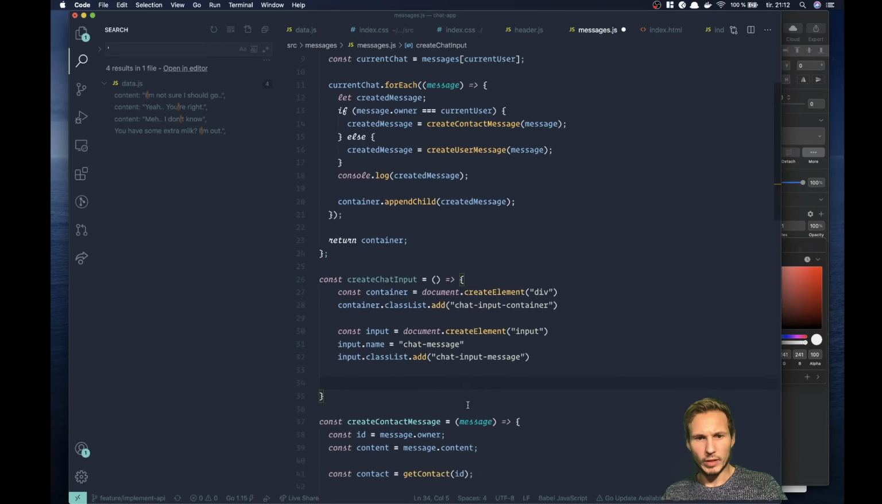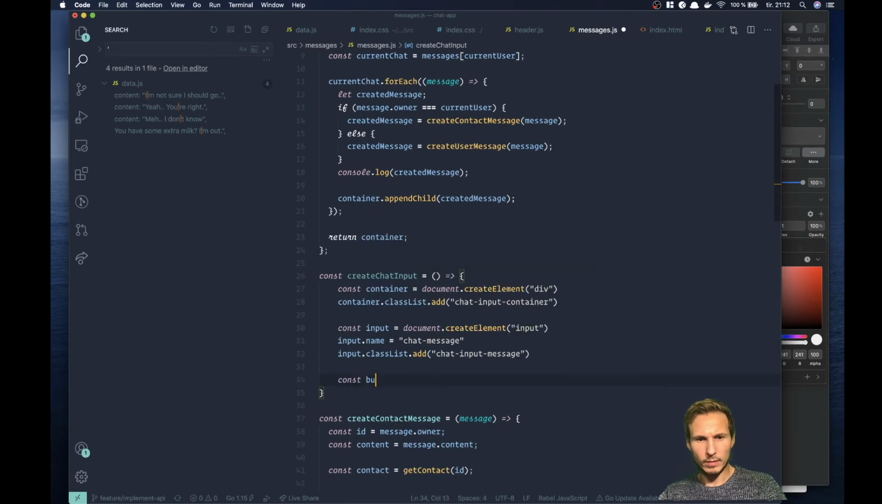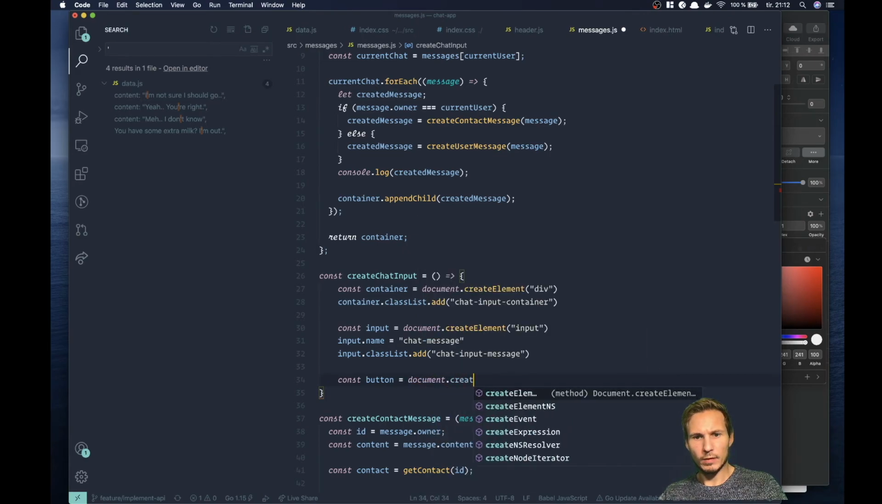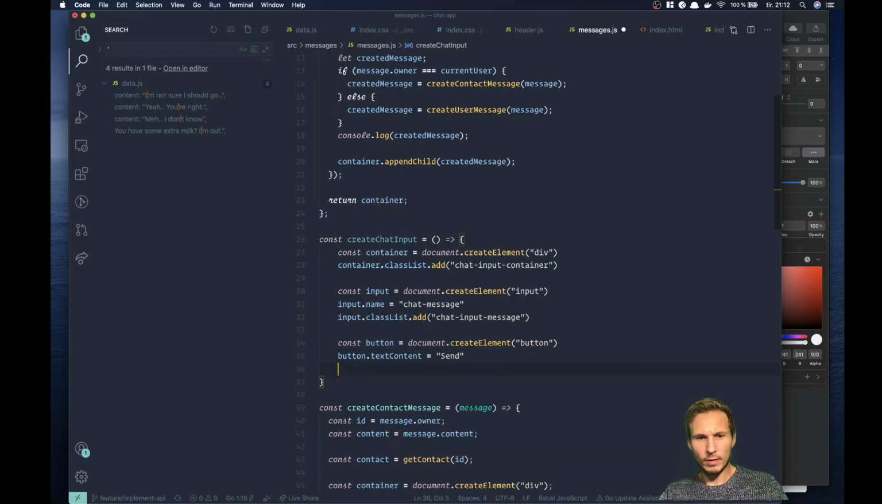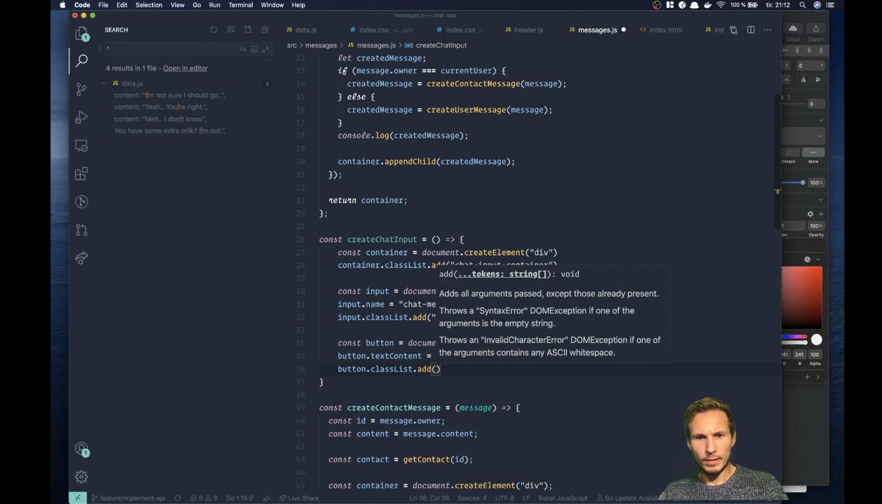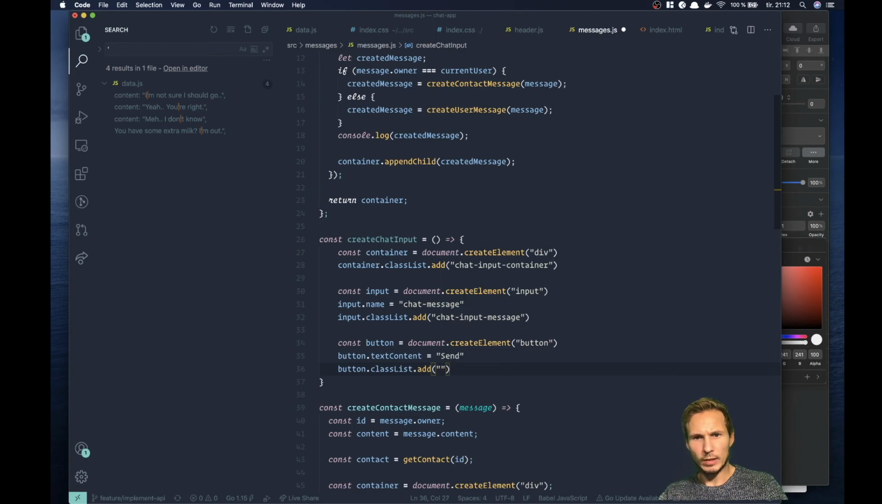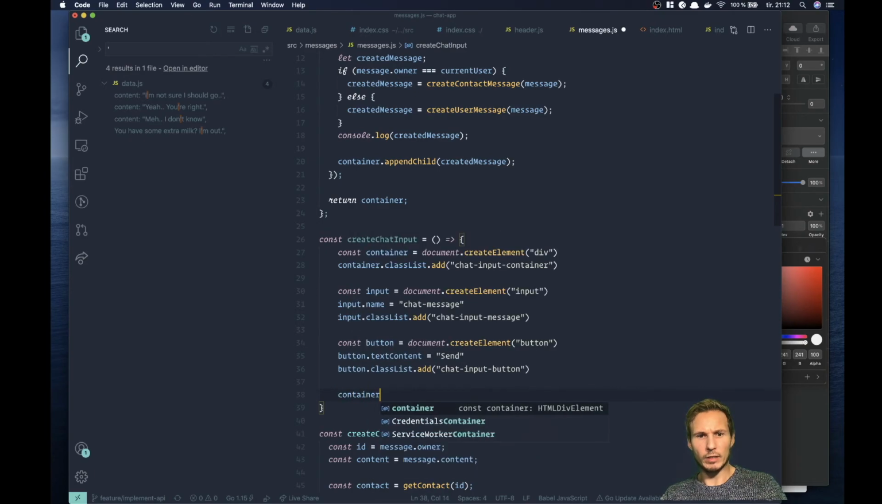Then we're going to need a button. That's going to be document.createElement button. Now we'll say text content equals send. Say button class list adds chat button. And we'll say container send child put,